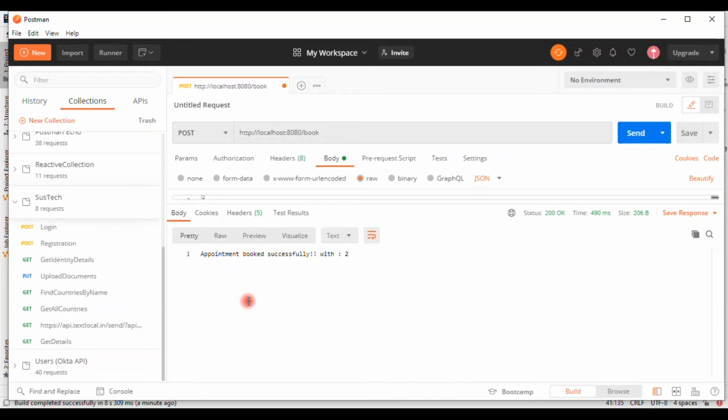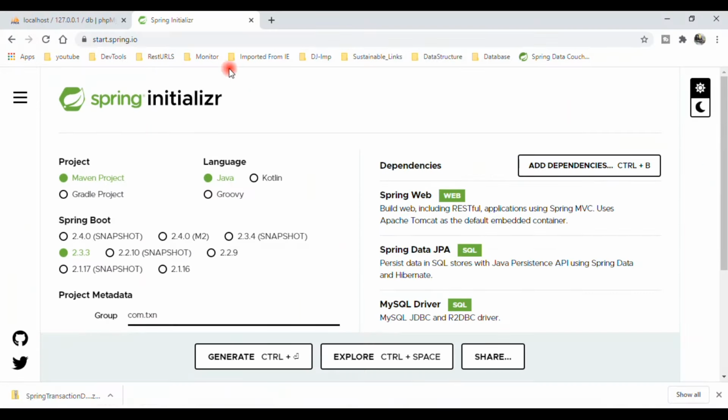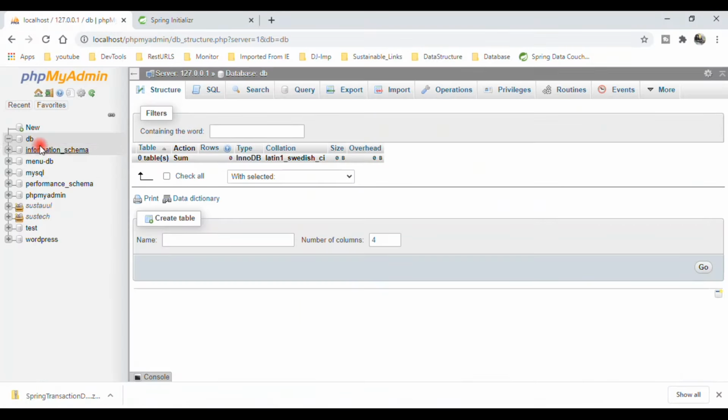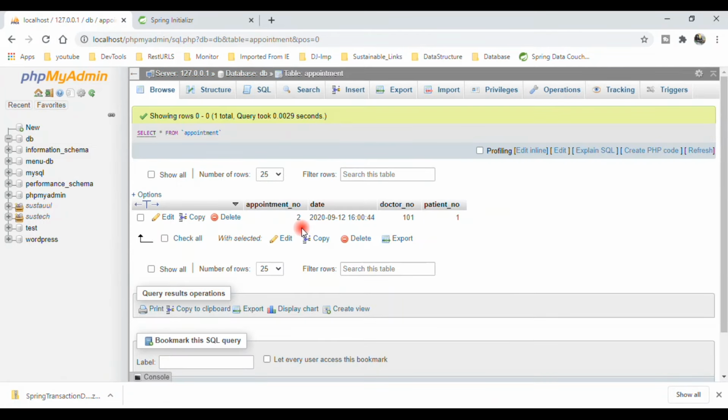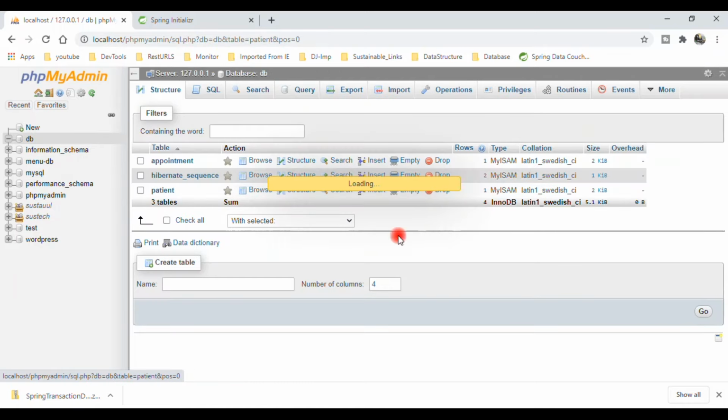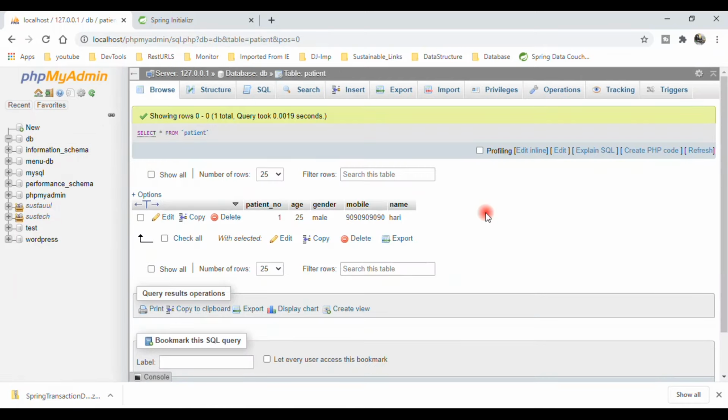If you see here, appointment booked successfully with 2. Okay, let's go to the database and we'll see whether the data is saved successfully inside the appointment table or not. If you see the appointment table, the appointment number is 2 and the patient number is 1, doctor number is 101. Whatever we are passing, we are storing, right? So in the patient table also we are having the patient related data.